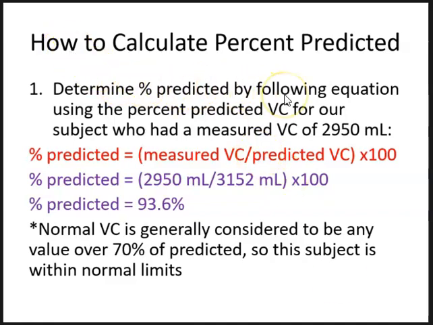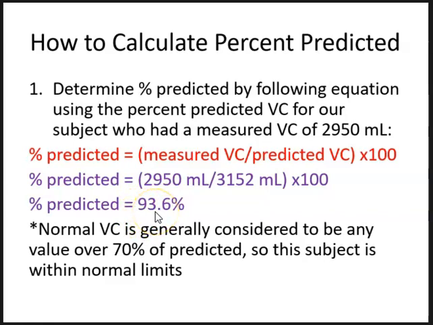Now we determine the percent predicted vital capacity for our subject. Let's say that we measured her vital capacity at 2,950 milliliters. Again, using this formula, percent predicted equals the measured vital capacity divided by the predicted vital capacity, multiplied by 100. Her measured was 2,950 milliliters. The predicted that we got from the table was 3,152 milliliters. So divide those two numbers, multiply by 100, and we get the percent predicted of